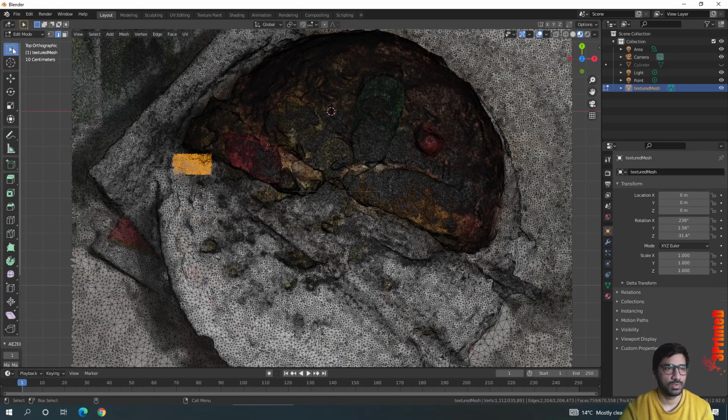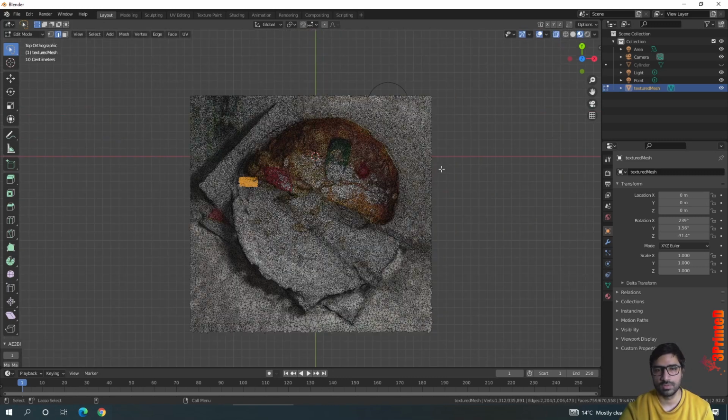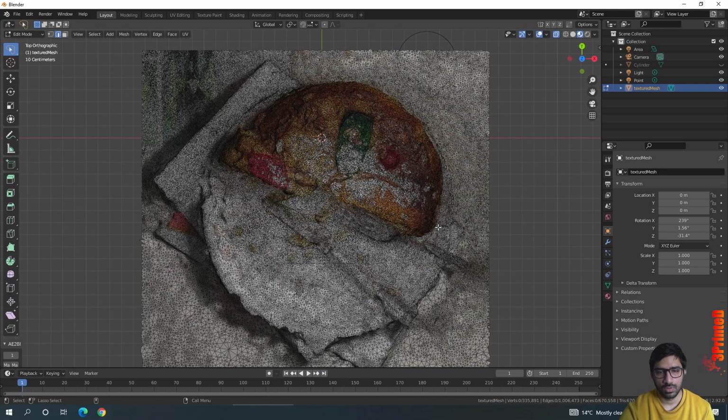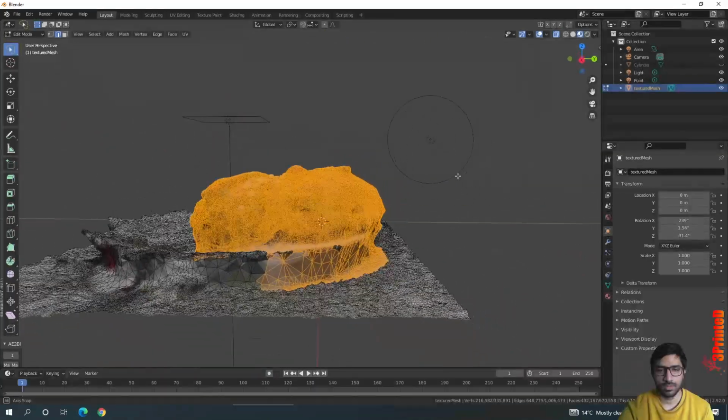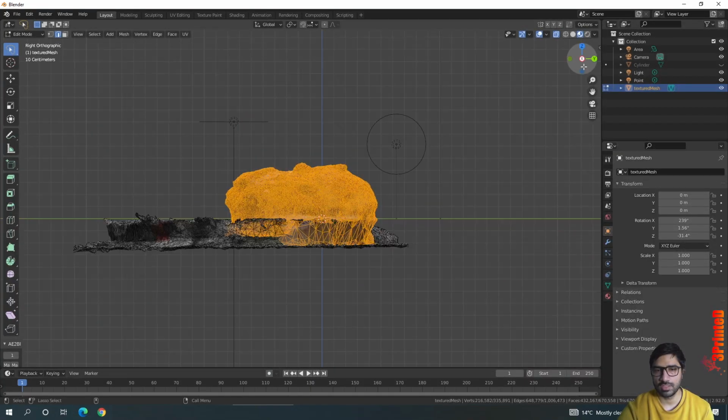Now again, make sure this is switched on, and you just need to select your cake and press shift to select a little bit more of the cake. So switch to the X view, switch selection tool,